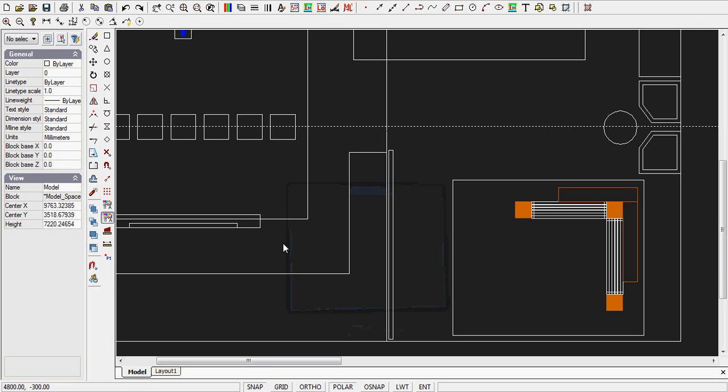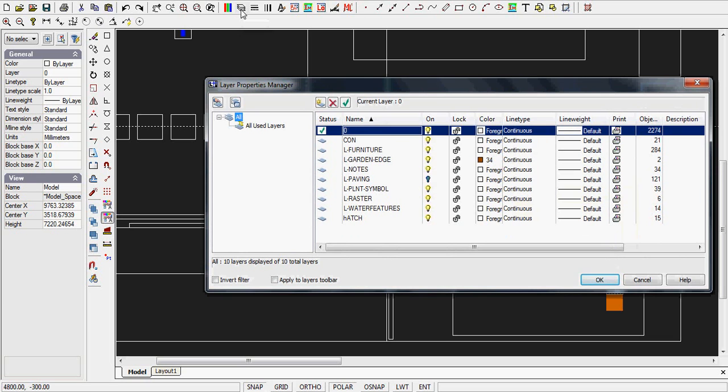Well, now's a very good time to start paying some attention to the use of layers in your drawing. Early on in your learning it's not so important, but as you build more complex drawings and need to work on different aspects of a design, using layers helps separate things out. If you click this little tool on the standard toolbar, toolbar 1, you'll come to the Layers Property Manager,